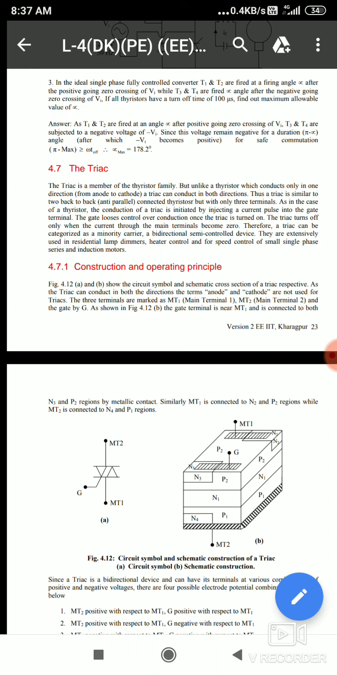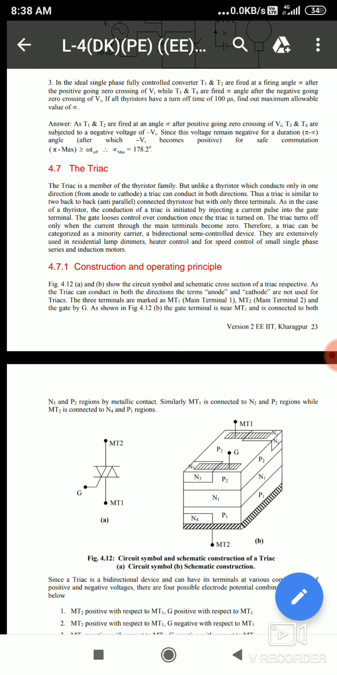Here, "tri" means the device has three terminals. "AC" means the device controls alternating current, or can conduct in either direction. So this triac can be defined as a semiconductor device with three terminals that controls the flow of current. Hence it is named a triac. A triac is a combination of two SCRs connected in parallel but opposite in direction with a common gate terminal. Here is the symbol of the triac, shown in figure A, having the three terminals MT1, MT2